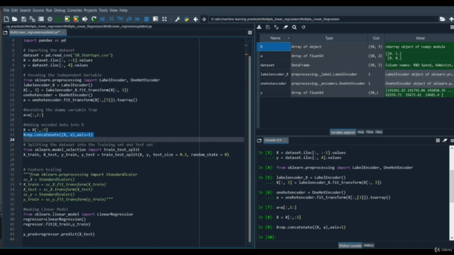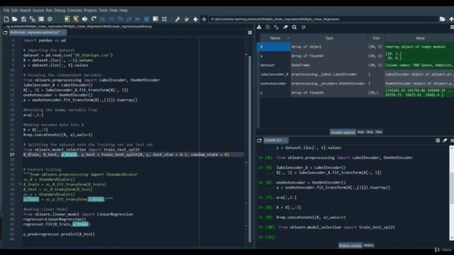Now we are going to split them into our training data and testing data. So we are going to use the similar process as before. From sklearn.model_selection, we are going to import the function train_test_split. It's going to return 4 values as before. It's going to return independent variable of training data, independent variable of testing data, dependent variable of training data, and dependent variable of testing data.